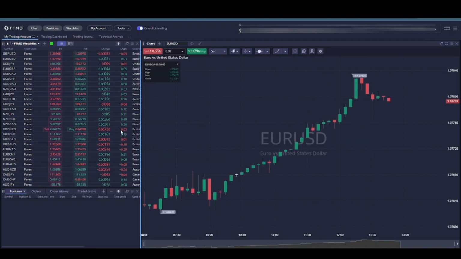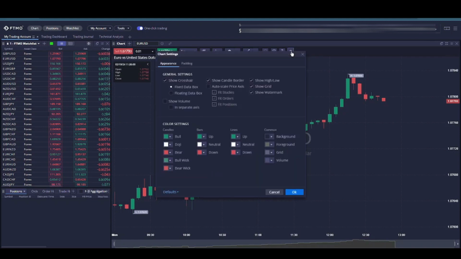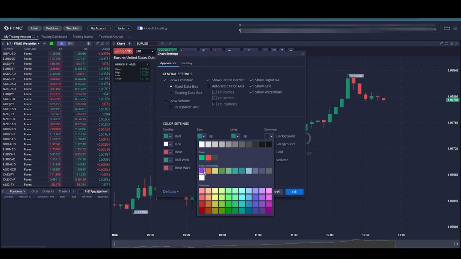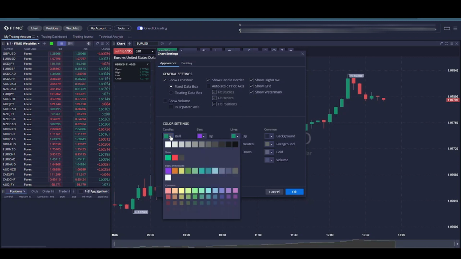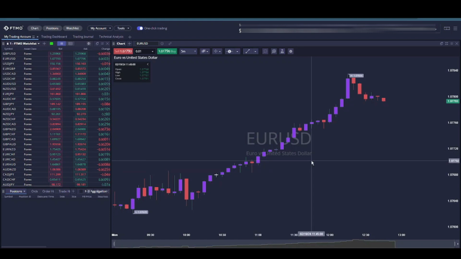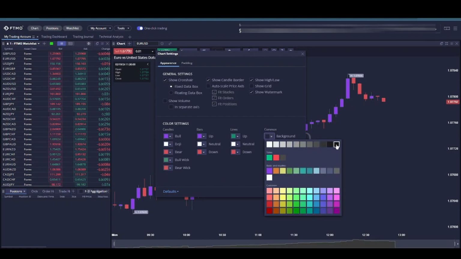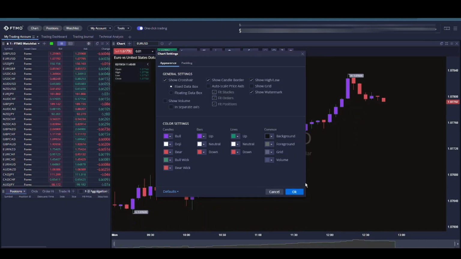So now we are going to readjust the window so we can focus more on the actual chart. Over here we'll look at how we can change the colors. We'll click on settings, click on the color. If you want to change whatever color you like, we click blue. Same here, click on blue here. You can also hide the grid: uncheck show grid, click OK, and here you go. I'll go back to settings here, and we can change the background color. I like black. I'll click on black. You can select any color you like,